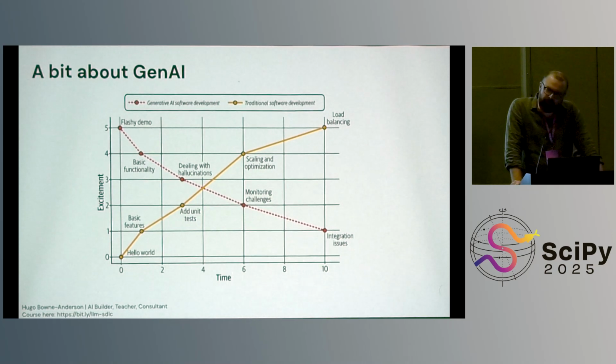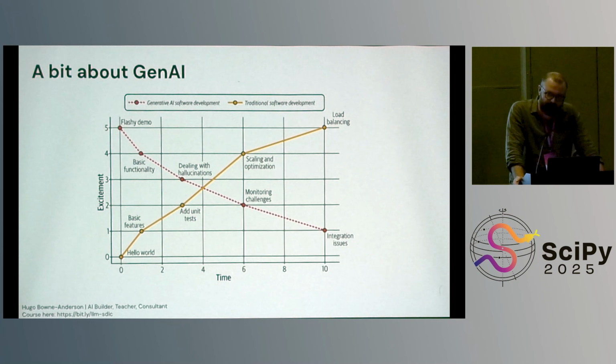So then we have hallucinations, and then we have monitoring challenges. How do I see all the inputs and all the inner workings of this system and the outputs? How do I observe what's happening in my system? And then how do I integrate it into my production stack? So excitement over the course of time just lessens and lessens. All I really want to do is give a sense of how we need to think about these systems. I don't want to change anything besides this Gen AI curve, just bring it up, start bringing some of the excitement up and keep it at least constant, if not increasing.